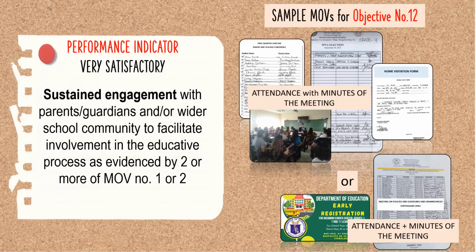Kasi ang performance indicator ng VS for quality ng objective number 12 ay sustained engagement with parents or guardians and/or wider school community to facilitate involvement in the educative process as evidenced by two or more of MOV number 1 or number 2. Yung kaninang binasa ko, ang MOV number 1 ay proof of participation in any activity, highlighting